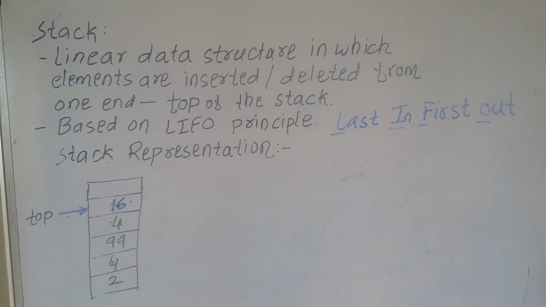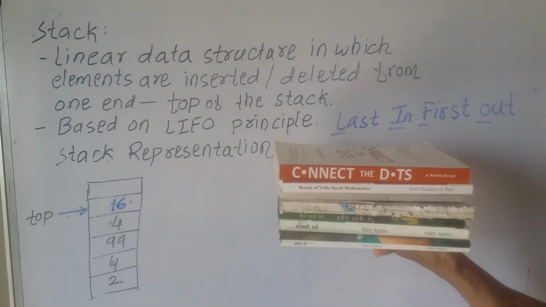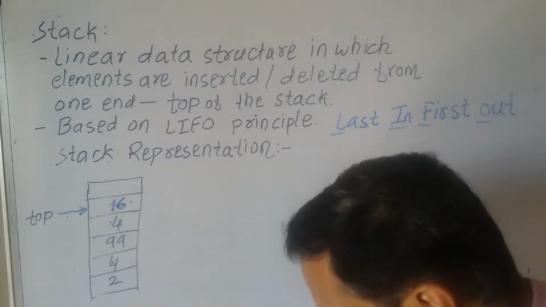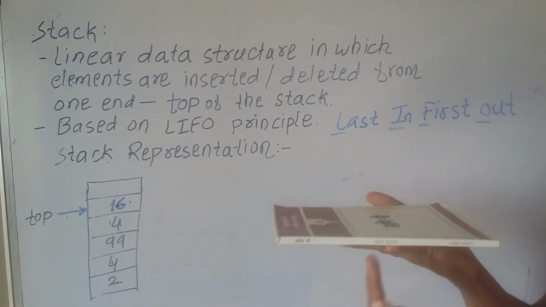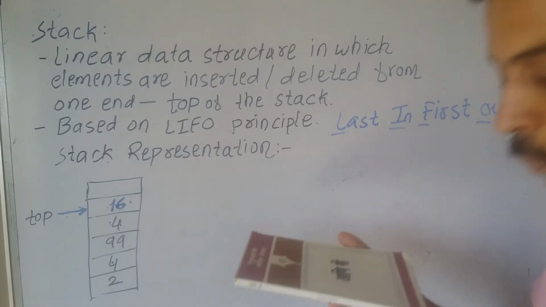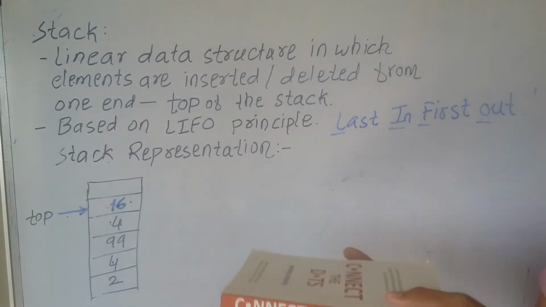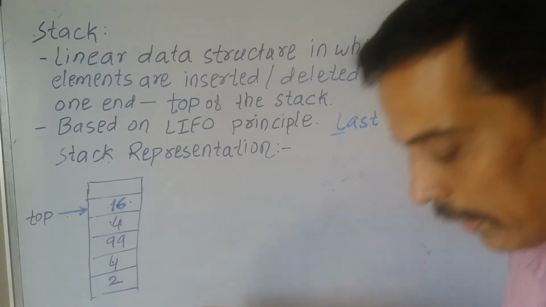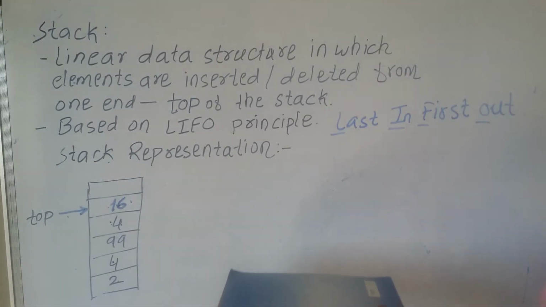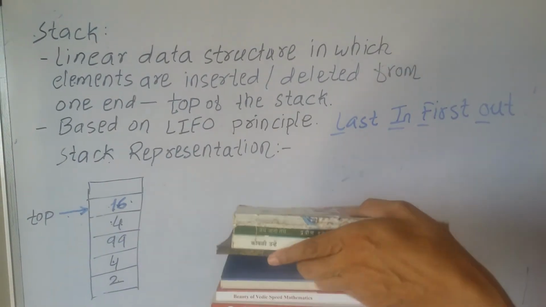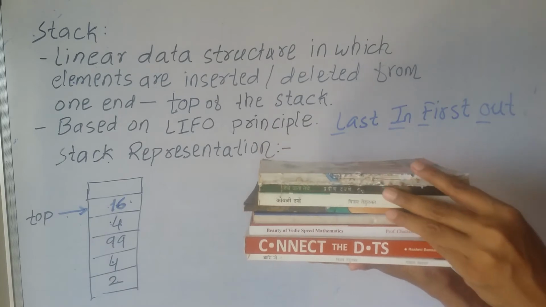A real-time example of the stack is a stack of books. For example, I am keeping books one by one over here. First, only one book is available, then this is the top. You can say that top is incremented. Then where do I keep another book? Again this is the next one, and again the next element I am inserting like this. This is called a stack of books.